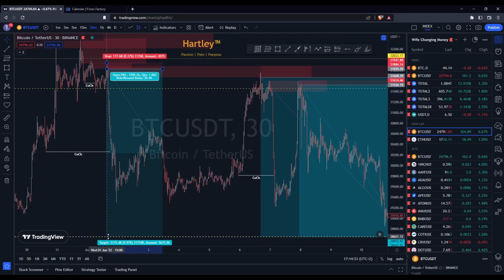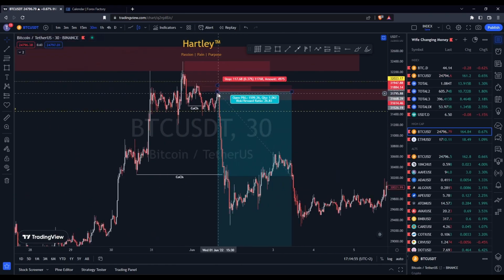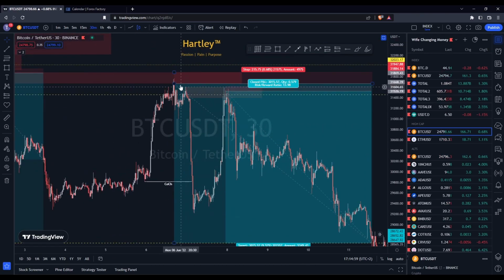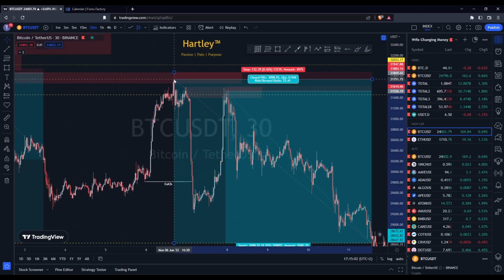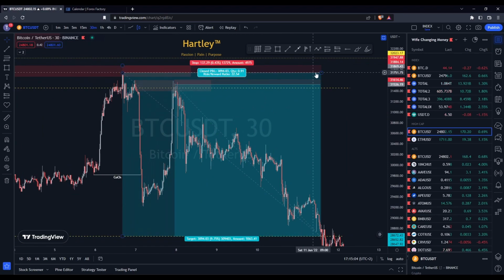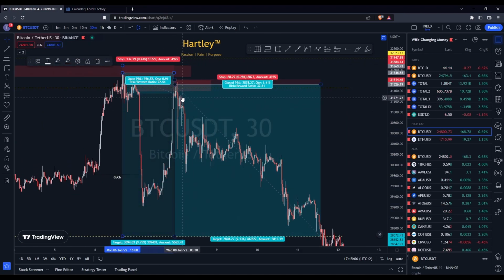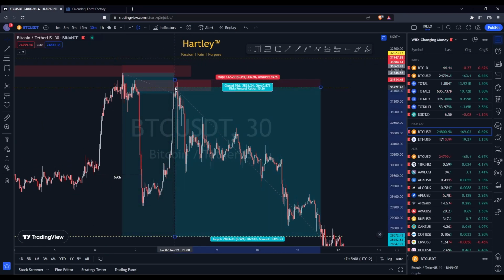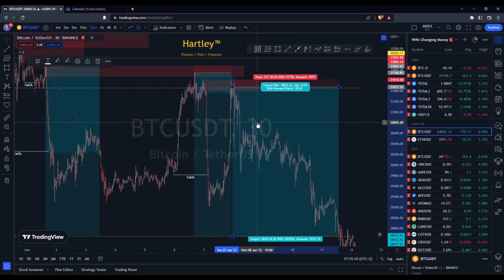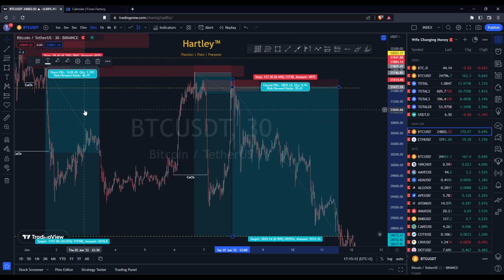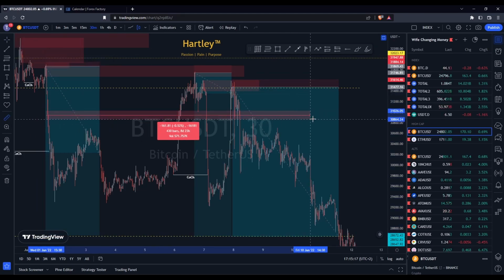So you have this trade, which was a 1 to 40. I would have entered halfway into that zone, which would be literally at the top of that candle. That'll be a 1 to 22. And then halfway into this zone should be a 1 to 20. So you'd have a 1 to 20, a 1 to 22, and a 1 to 40. That would have played out in the span of